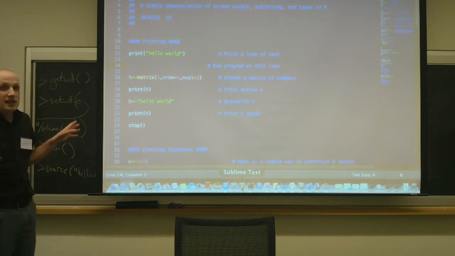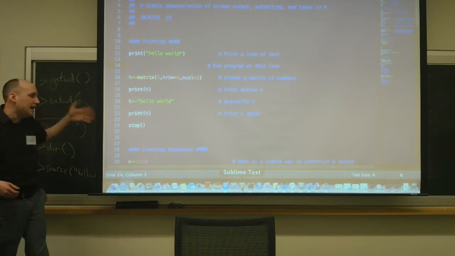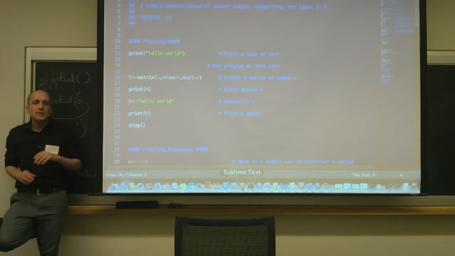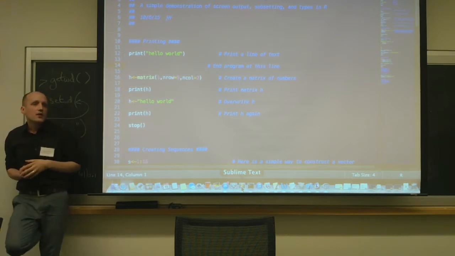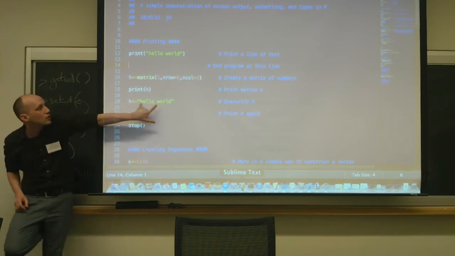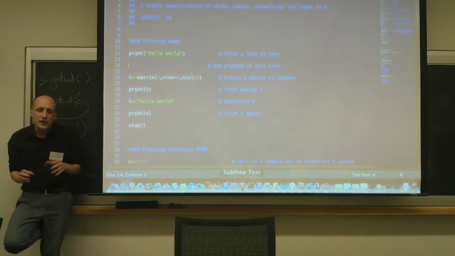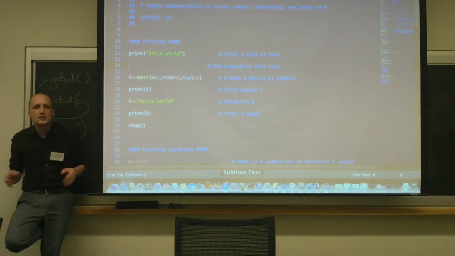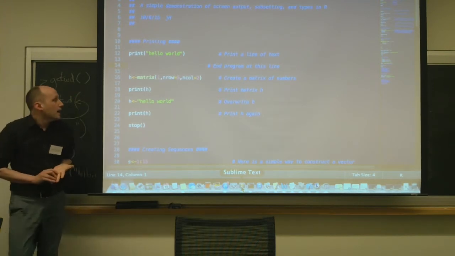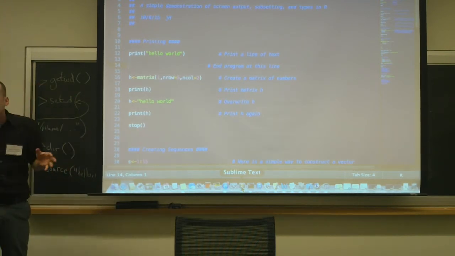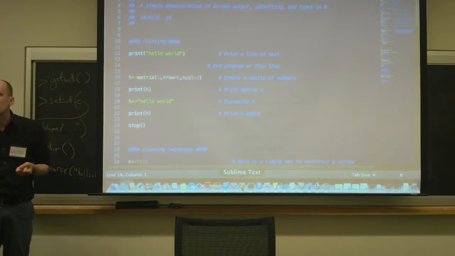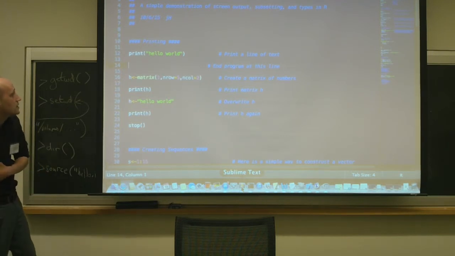R is not going to think about types. Hidden behind R, almost everything is being stored as a double. So even though things look like strings to me, and we'll see lots of other things, they are basically going to be stored as large arrays of doubles. Since everything is basically stored the same way, it's very memory inefficient. R is a terrible memory hog. That's another reason we often, in production, move things out of R into other non-interpreted languages that are better.